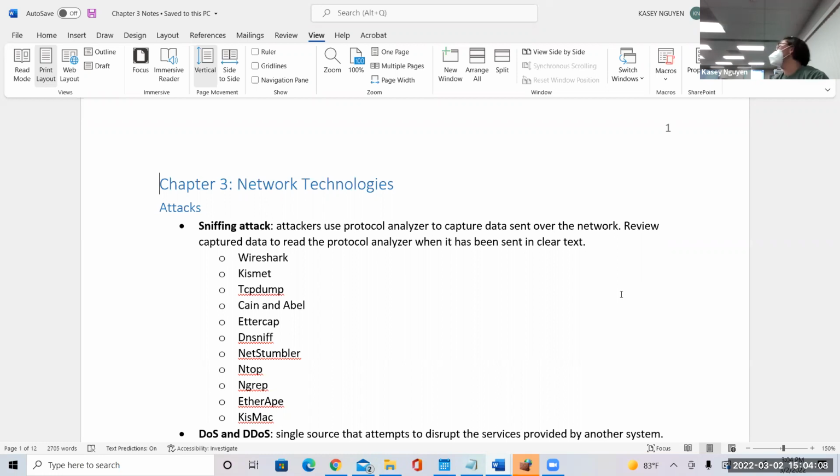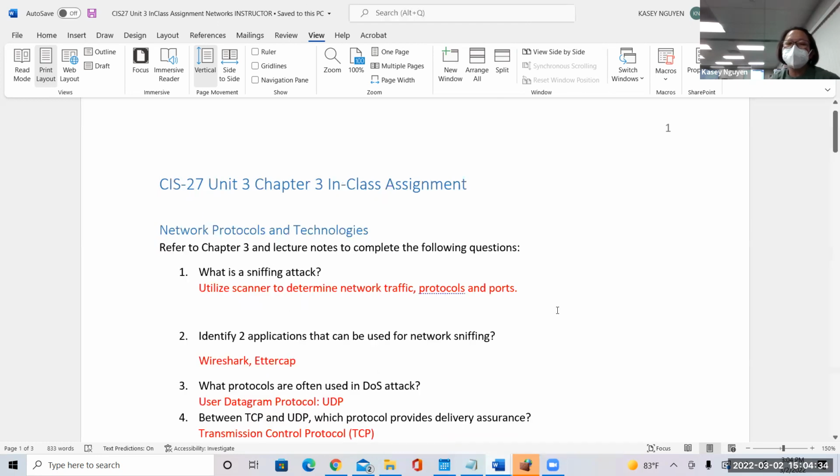So some data is not encrypted when being sent because encryption takes resources, we don't encrypt everything, right? In communication, we do some encryption with some things. So for your sniffing attack, basically they look at the traffic on the network, what data is being sent, using a protocol analyzer. And if it's clear text, they're able to see it. Okay, so for number 1, we can say that